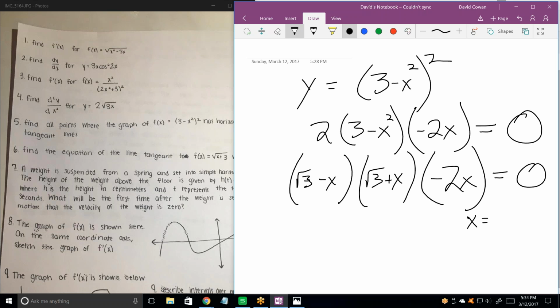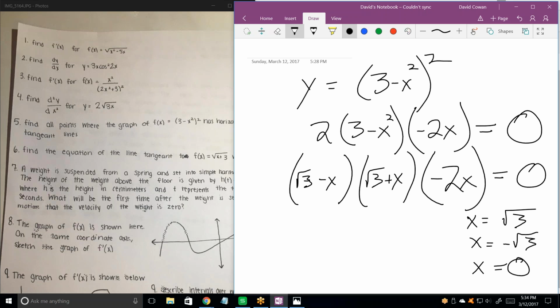Plus root 3, and negative root 3, and 0. Good. Those are the 3 places in this function, not y prime, but in this function, that have